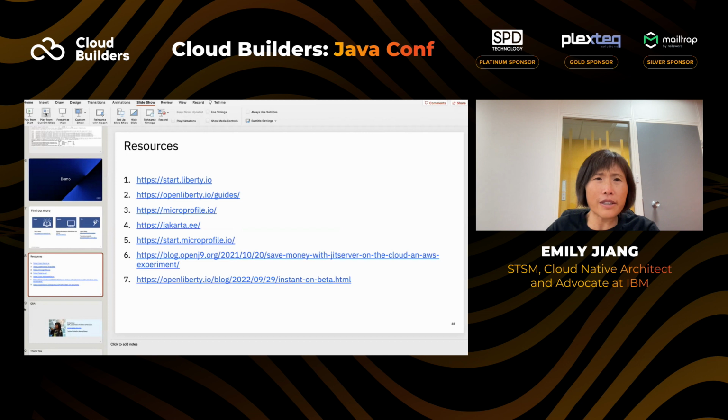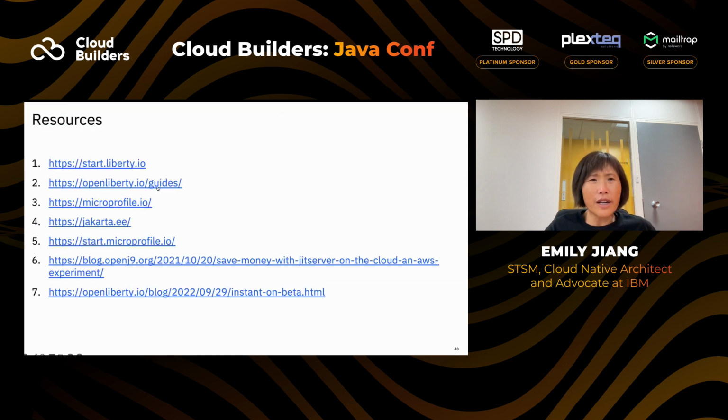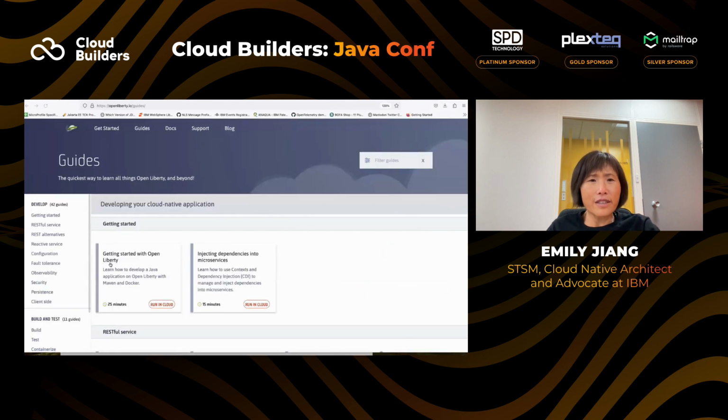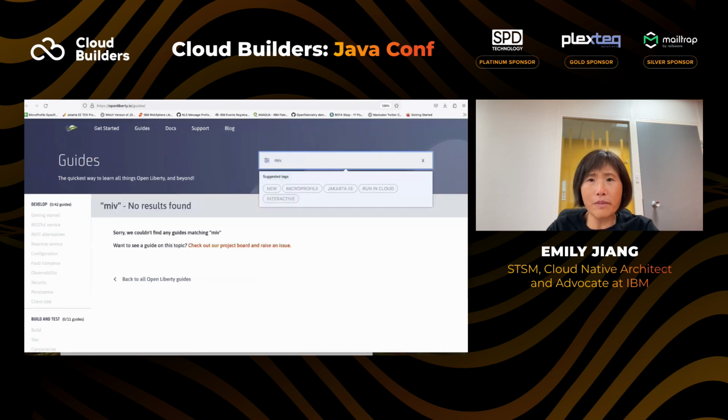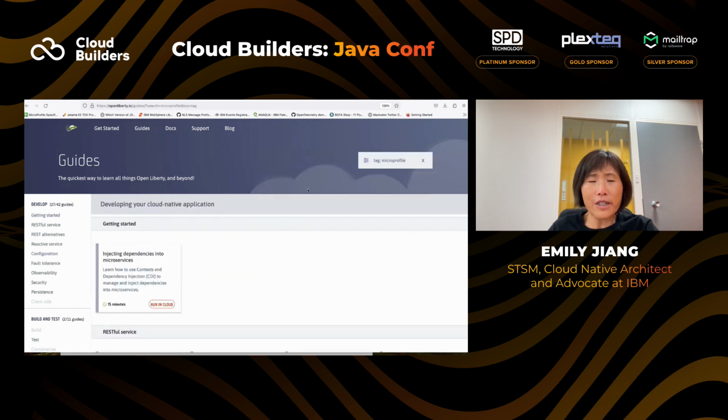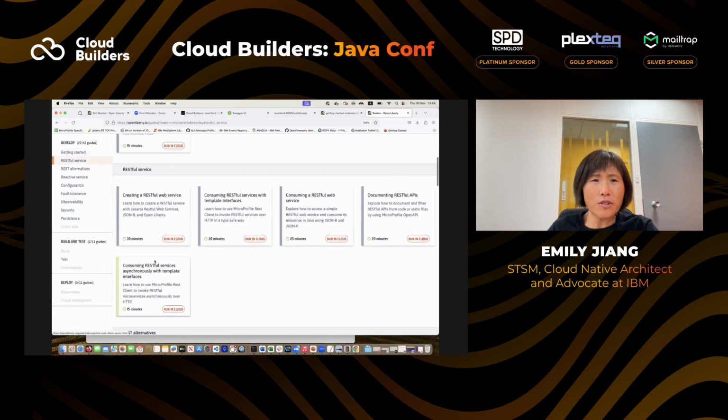There's start.openliberty.io, and MicroProfile starter at microprofile.io gives you tools to get started as well. If you want to learn Jakarta EE and MicroProfile technologies, go to this guide, which has many different guides to get you started. If you just search MicroProfile, for example, you can see all sorts of different guides. You don't even need to do any setup. It can run in the cloud.